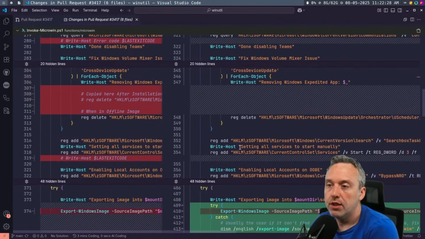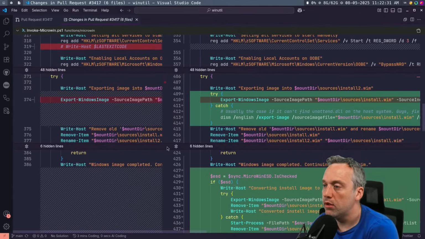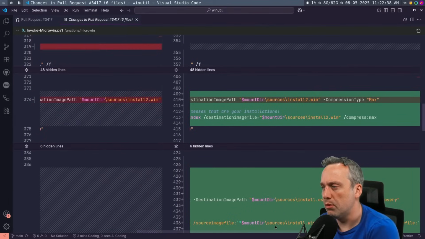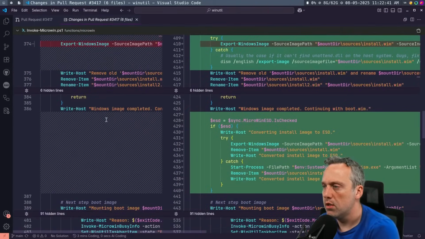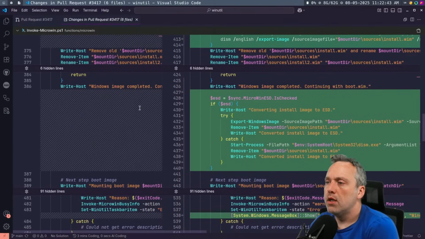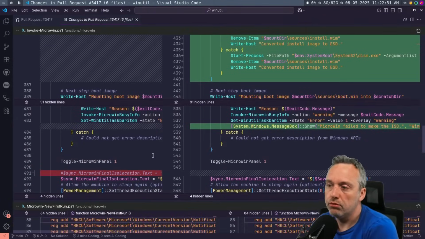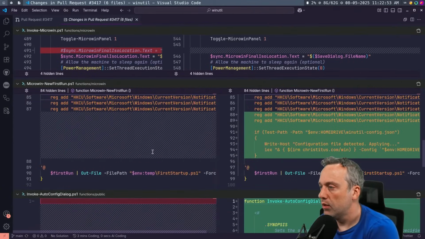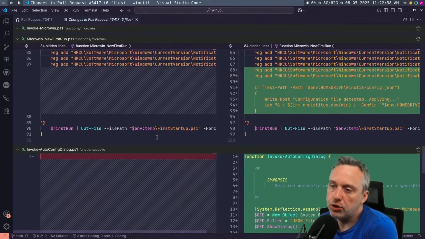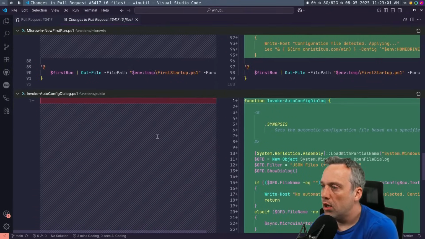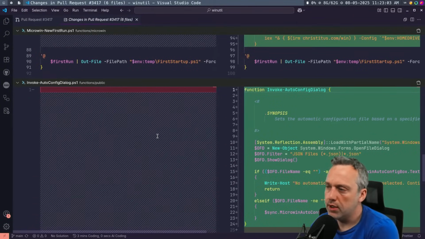Continuing on. Just removing some old comments here. Another try catch for exporting Windows image. I think there were some issues. I remember seeing a couple issues on the GitHub there. Checking if it's an ESD file so we can actually do it. I think ESD files were just failing completely on Microwin, which, yeah, there aren't very many of them these days, so it shouldn't matter, but it's good to have that catch in there. And then we're adding an auto config dialog